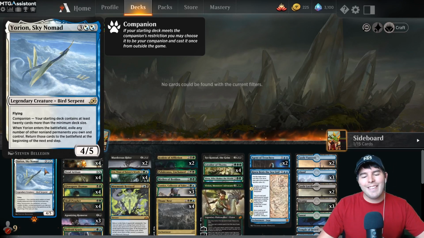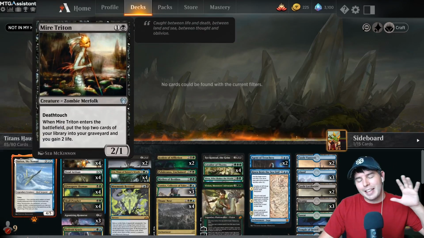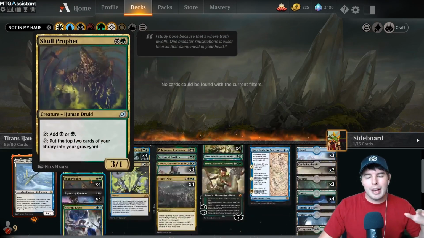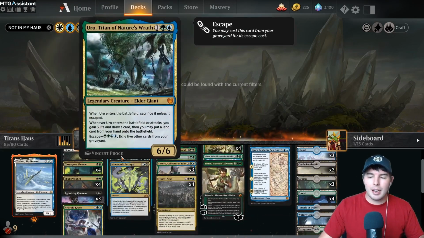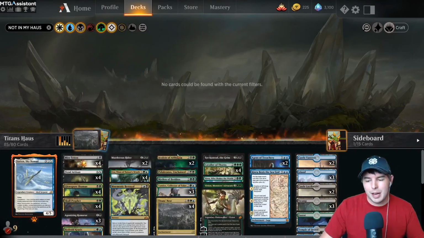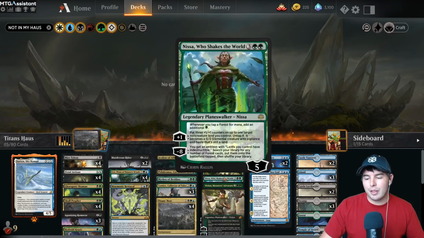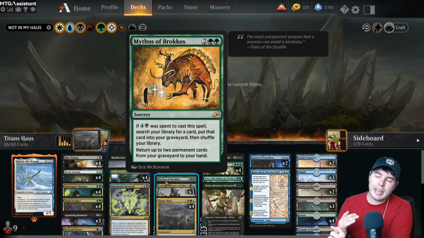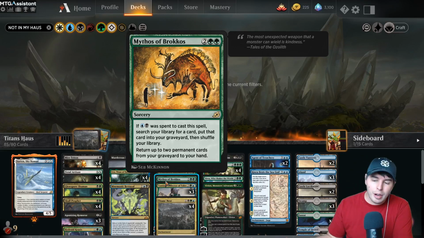So what we're trying to do with this deck is basically fill our graveyard in the early turns. Mire Triton, Glowspore Shaman, and Skull Prophet can kind of get us there. Uro kind of gets himself in the graveyard. We don't necessarily want to mill that too much. Tamiyo gets us a little bit further. Then our Mythos of Brokkos, which also digs for our Titan's Nest, so we can, if we have our